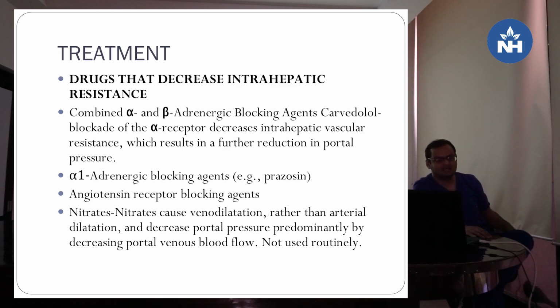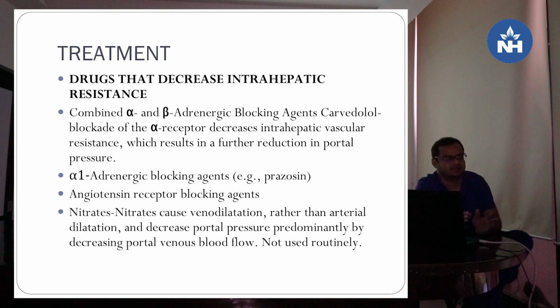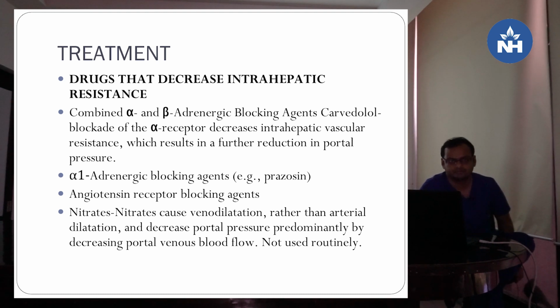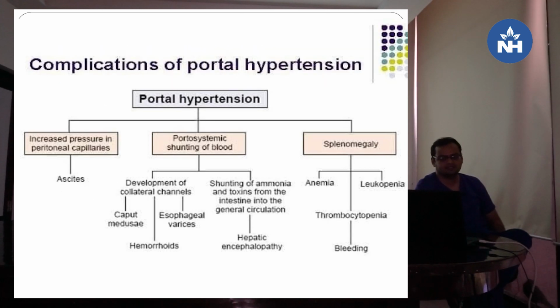Drugs that decrease the intrahepatic resistance, these drugs are not commonly used, but theoretically can be used in portal hypertension, like combination beta and alpha blocker like carvedilol, alpha 1 blocker, angiotensin receptor blocking agent and nitrates. But these drugs are not that effective, so not commonly used in routine practice. Long term sequelae, as I told earlier, ascites, portosystemic circulation, esophageal varices, hemorrhoid, caput medusa, hepatic encephalopathy, anemia, thrombocytopenia and